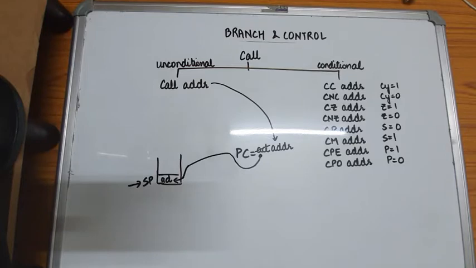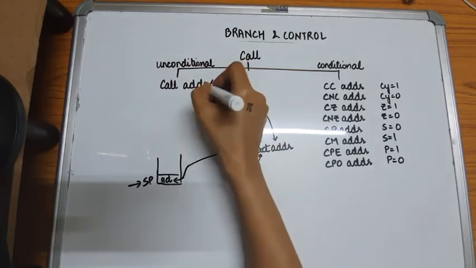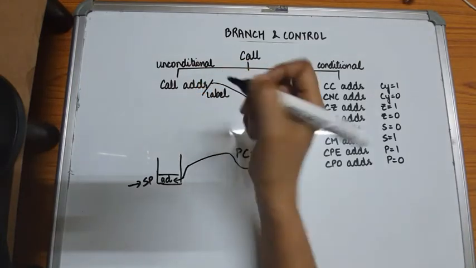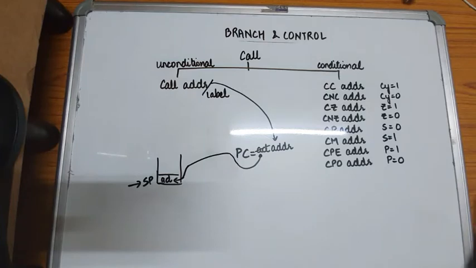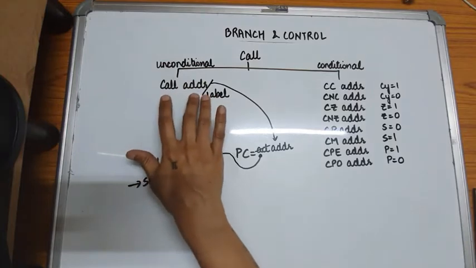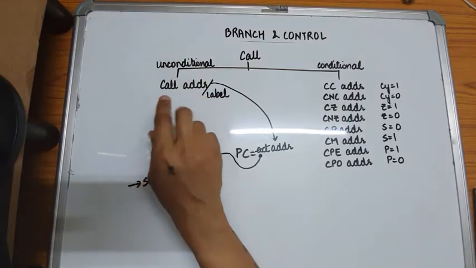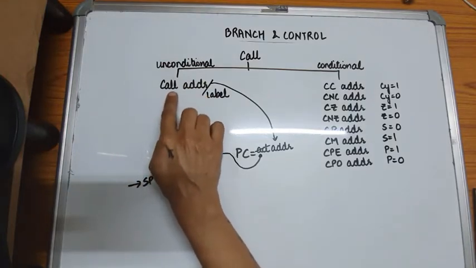So now, what does the call instruction say? Call address, or we could say label also here. It could be an address or a label. The name of the subprogram is the label. Now whenever an unconditional call instruction is executed, the control is transferred to